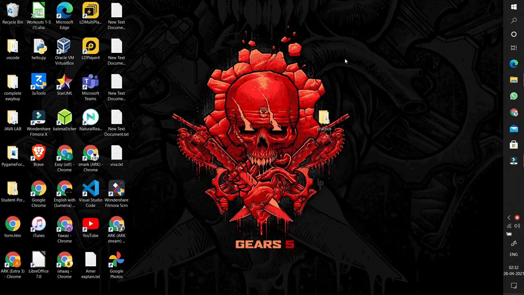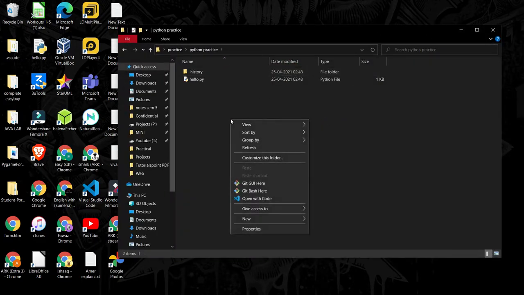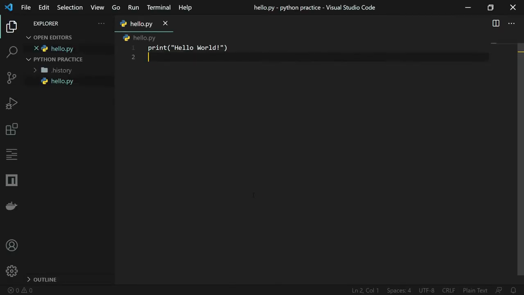Let's go to the IDE. I have a Python practice folder here, and I'll just open with code. I don't need to always open it with VS Code from file and open folder.